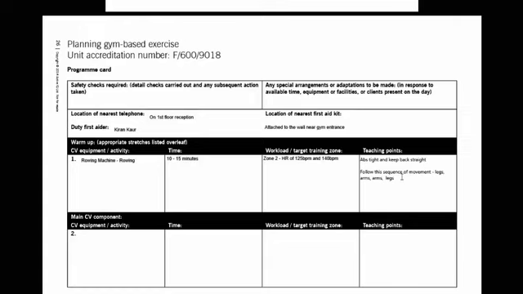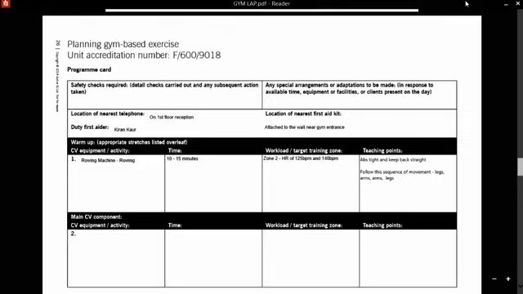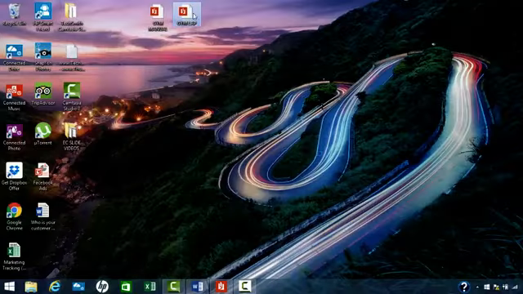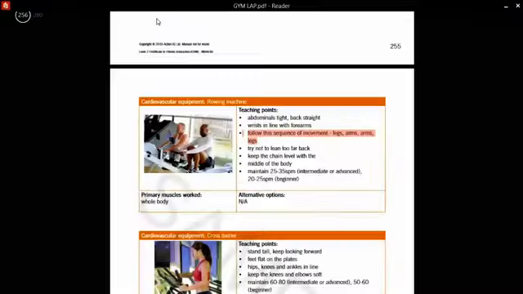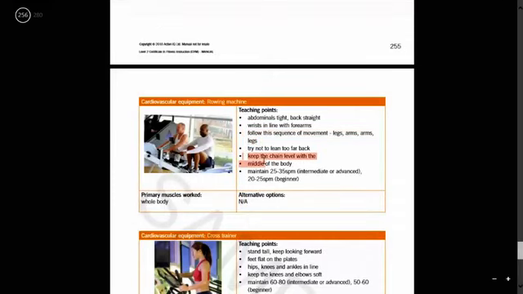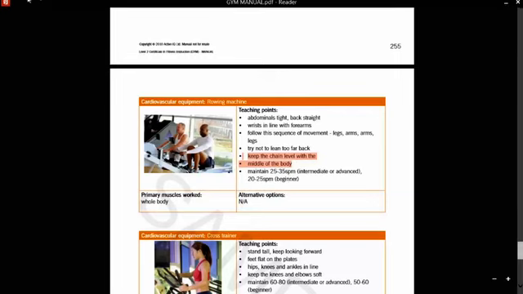And then my next one that I'm going to put in here, I'm going to go back again into the manual, and I'm going to go with keep chain level with middle of the body. Right here.